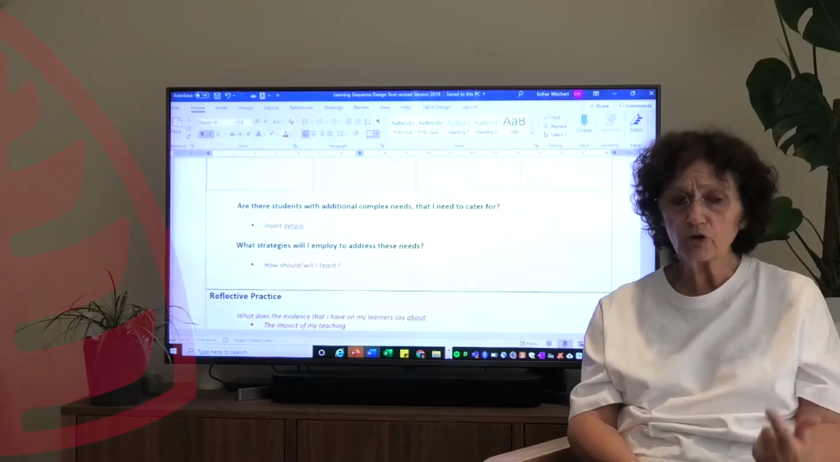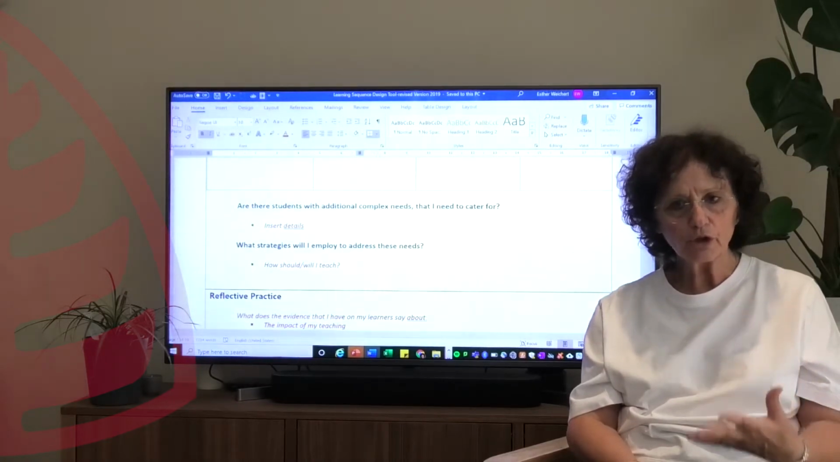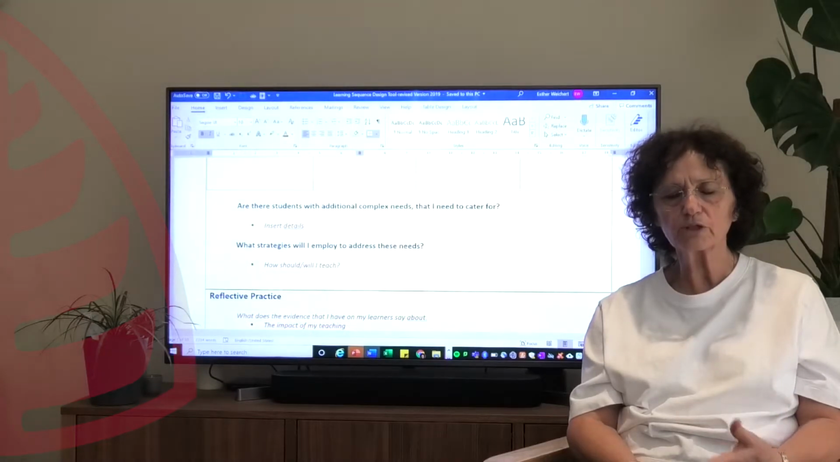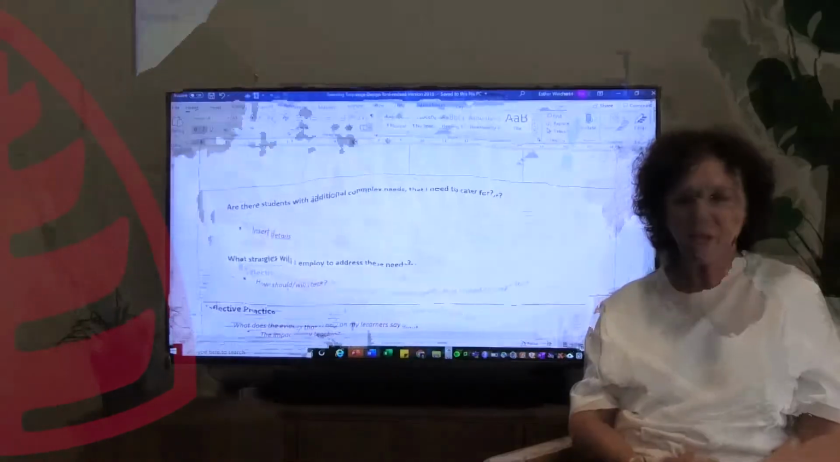But if you know you have that student, you have planned for that student, you will not forget to engage that student with activities that are appropriate to that level of readiness. So